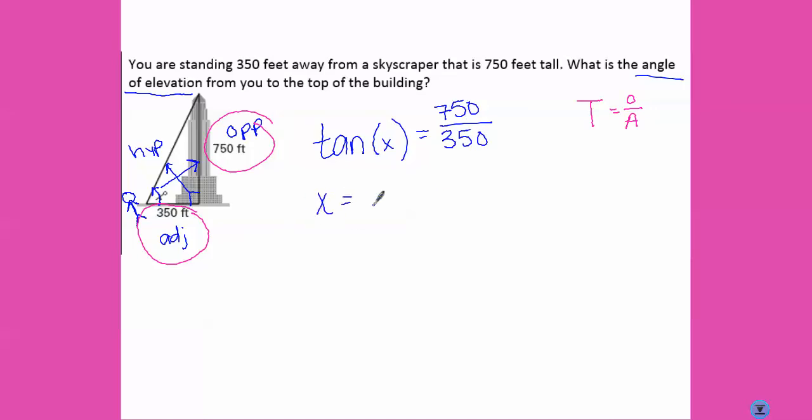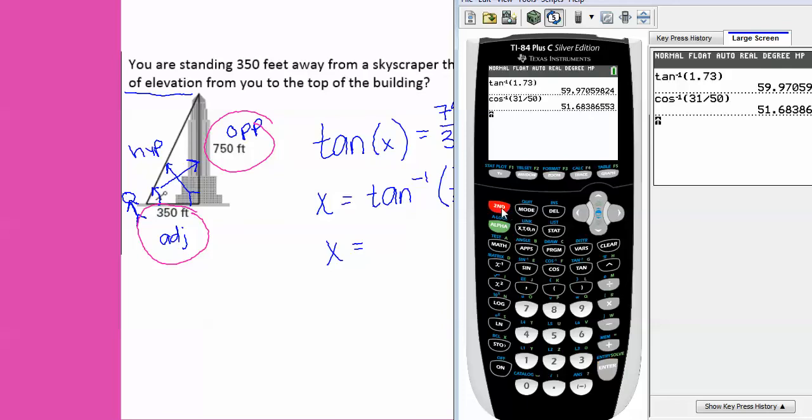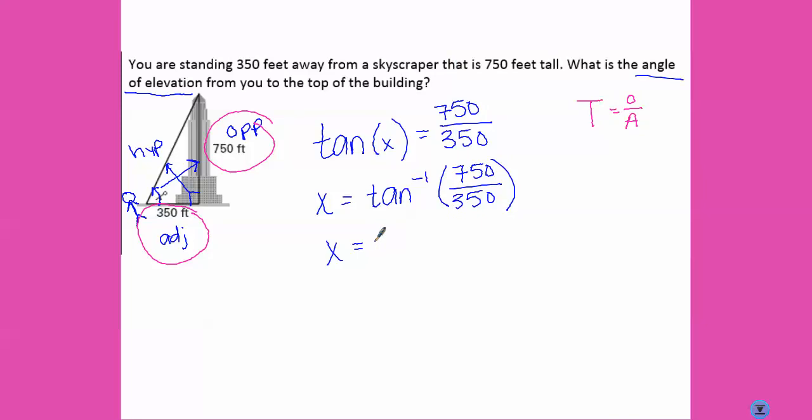So x is equal to tangent inverse of 750 over 350. So x would equal, let's put it in our calculator, tangent inverse of 750 over 350. And it didn't tell us what we're rounding to, so let's do 2 decimal places. 64.98